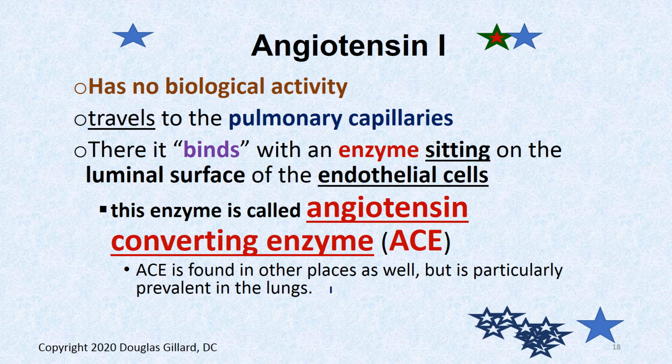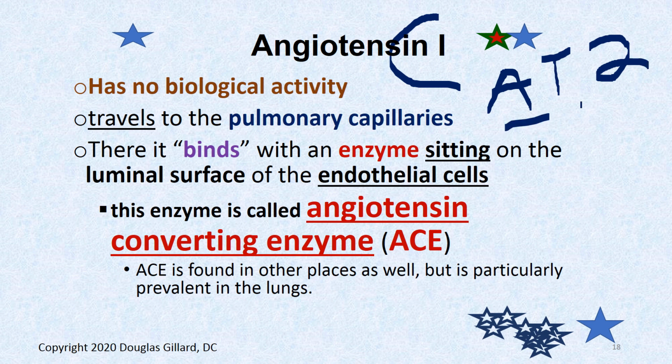This is throughout the body. You have ACE, but by far it's most prevalent in lung tissue. So on epithelial cells, and the microcirculation, especially of the lungs, it lives, and it can hook up with angiotensin 1 and chop the back off angiotensin 1